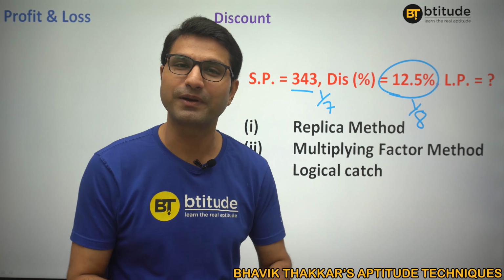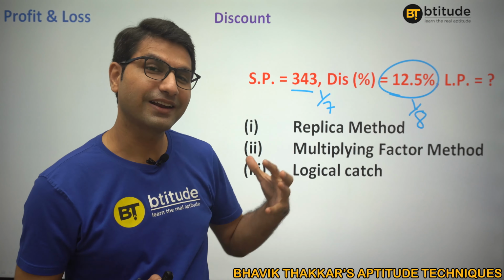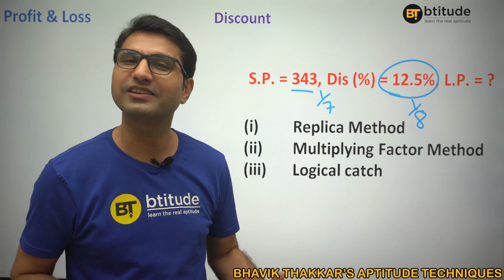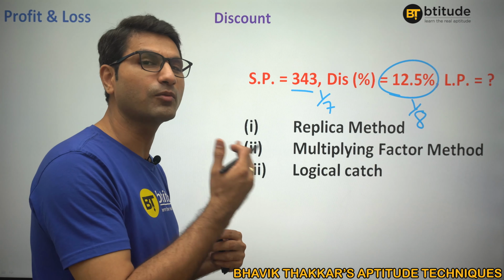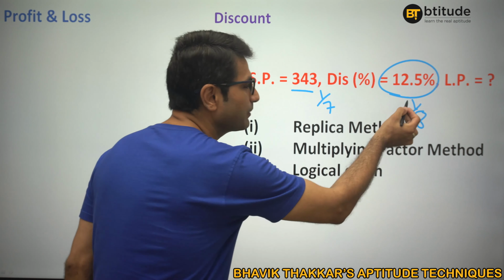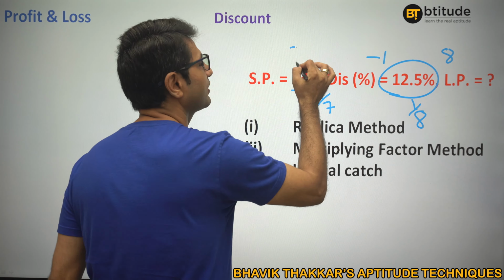I have actually explained this whole process in the percentage playlist. You can hit the I button and get to it. You can understand all things. But here also I am giving you an idea. Basically, it is nothing but it is coming from the replica. As you know, when I am saying 1/8 is the discount, that means 8 is the label price, 1 is the discount, 7 is the selling price.